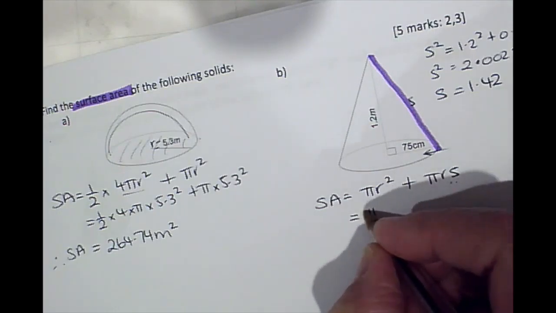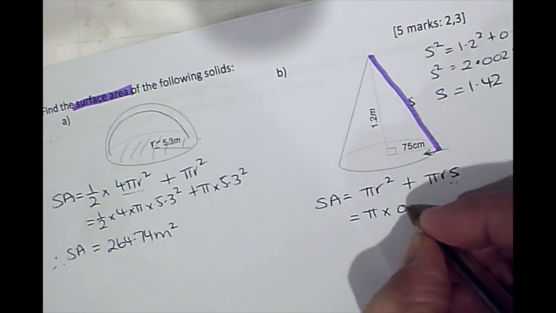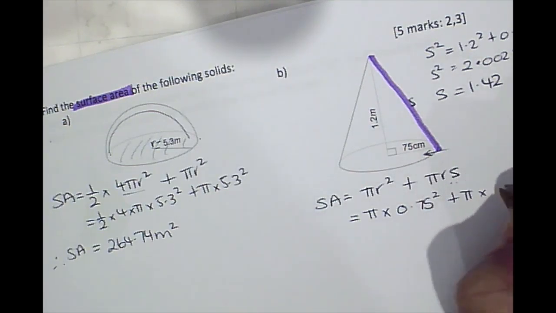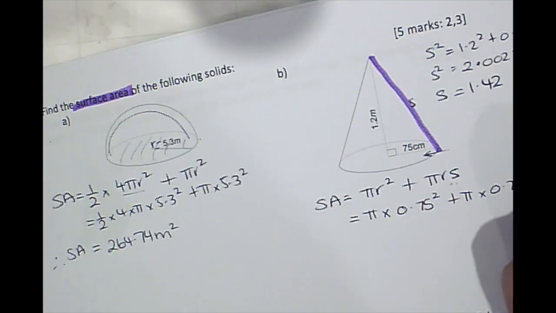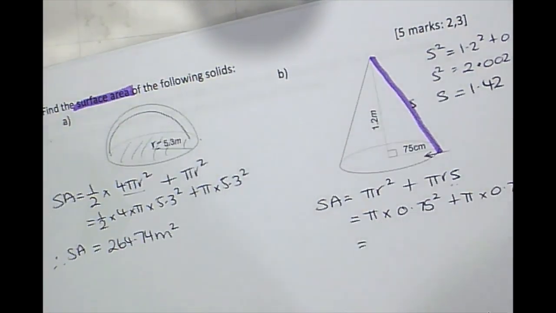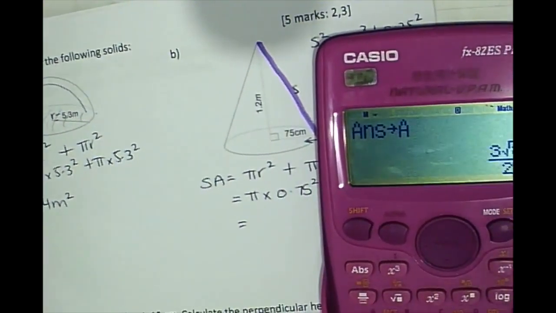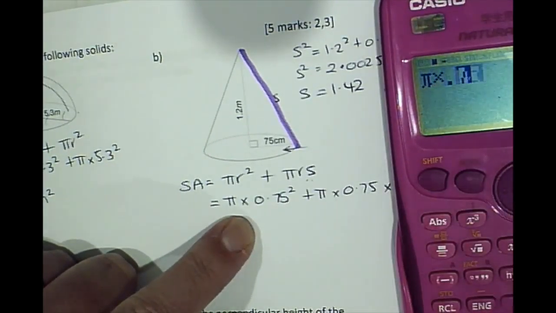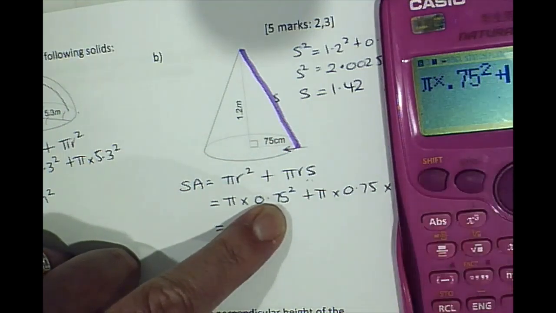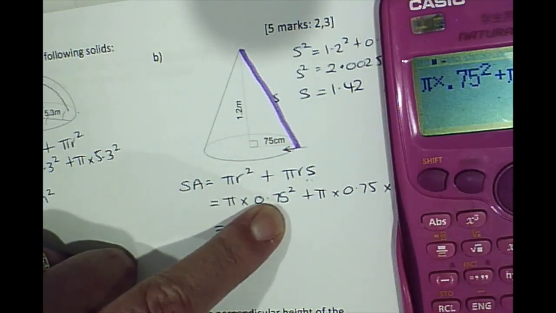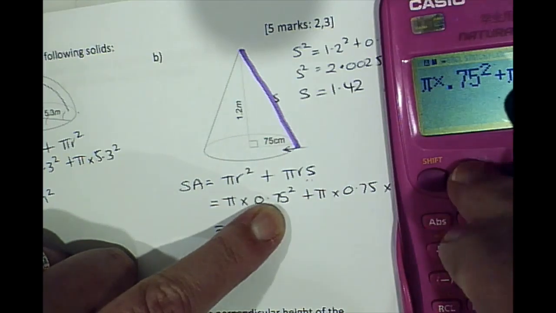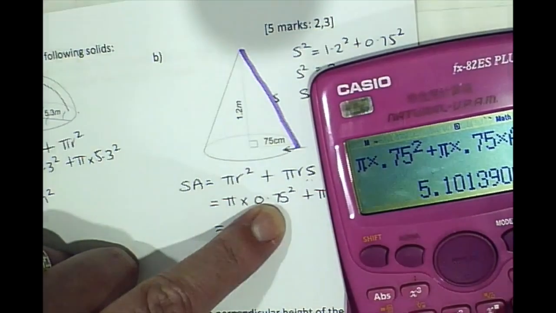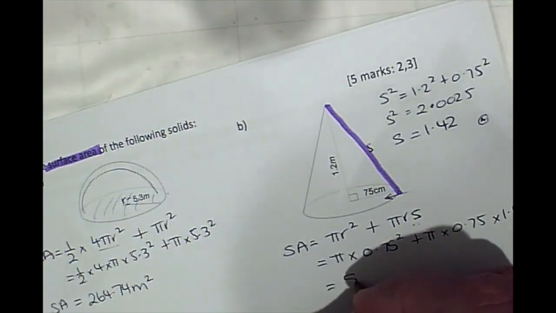So our surface area is going to be pi times our radius, which is 0.75 squared, plus pi times 0.75 times 1.42. Okay, so it is pi times 0.75 squared plus pi times 0.75 times our answer from A, 5.101. So our surface area is 5.10